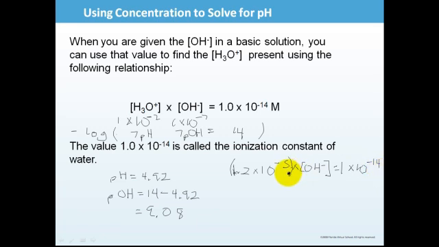So if we divide both sides by the 1.2 times 10 to the negative 5th, that would get us the hydroxide ion concentration. Because again, when you multiply those two together, you always get the 1 times 10 to the negative 14. And if we did that, we would end up with